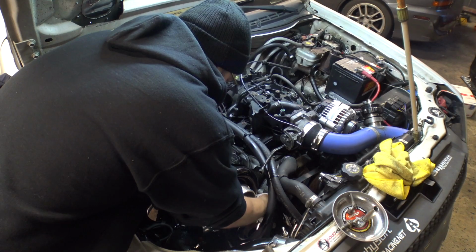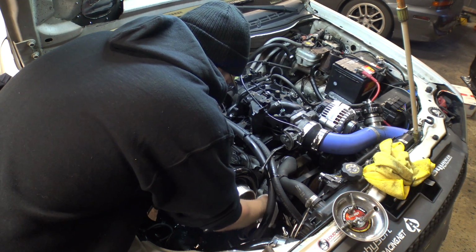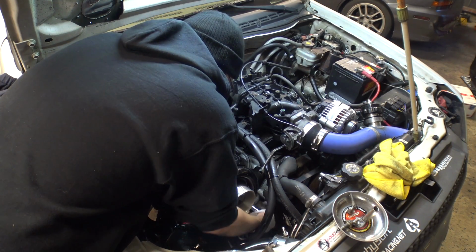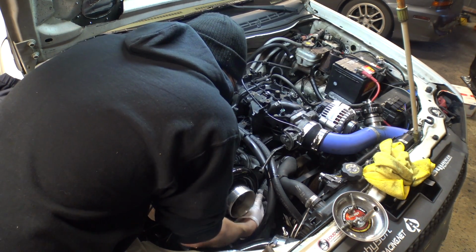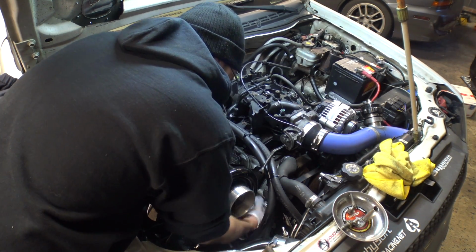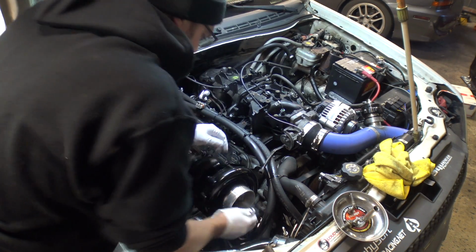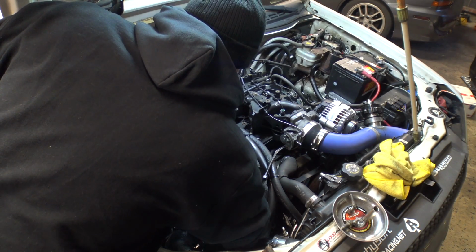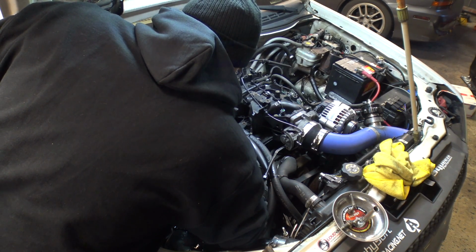Alright, I got the drain disconnected from underneath. Didn't even have to jack it up. It's in there in the front. It's real nice. That's where I like to do it, in the corner, in the front, because it's always easy to reach. I like that. And I got my V-band disconnected from my crossover,